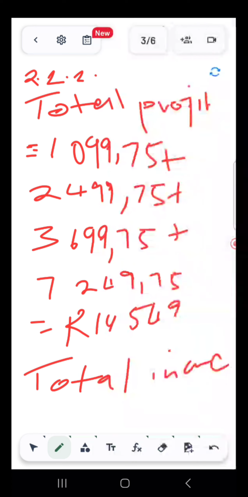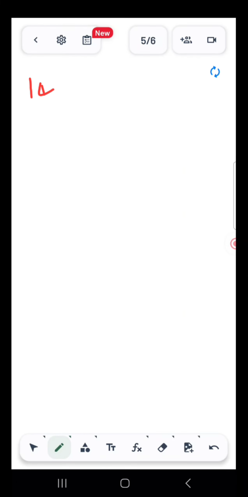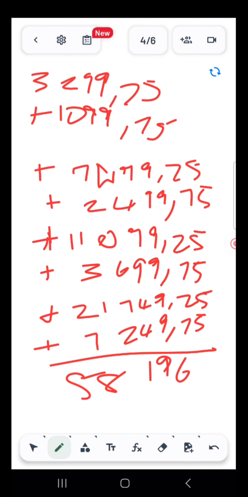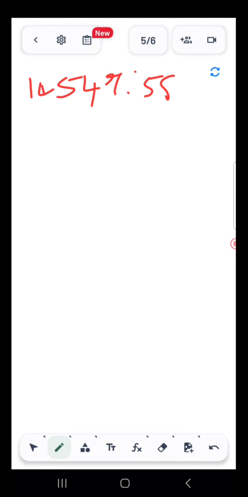We take the total profit, 14,549, is to the total income, 58,196. Now in order for us to find the ratio of 1 to something, we divide both sides by the smallest number,